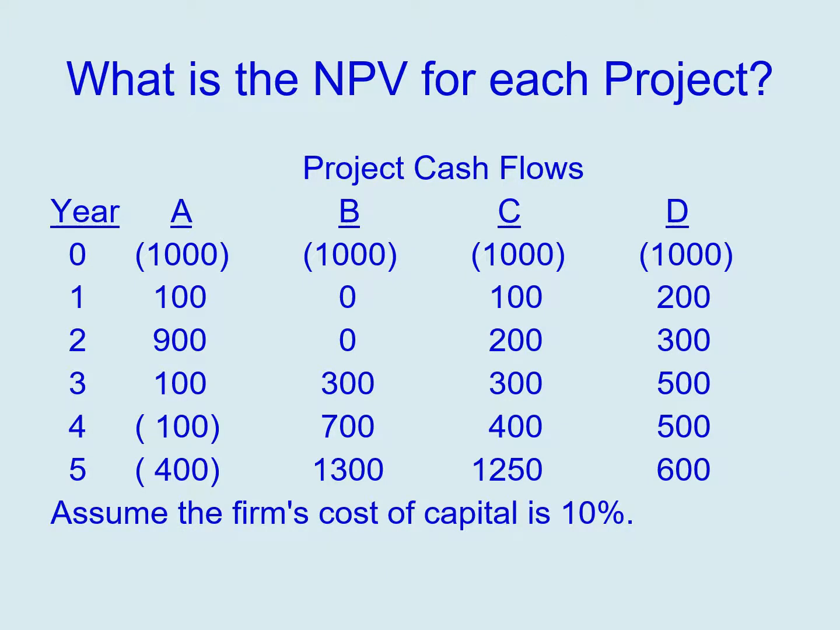So remember, here's the cash flows again. For Project A, we have a $1,000 initial investment followed by the 3 positive cash flows and the 2 negative cash flows. And now I'm going to assume that the cost of capital is 10%. So I'm going to have to use my present value interest factor table at 10% to get my present value